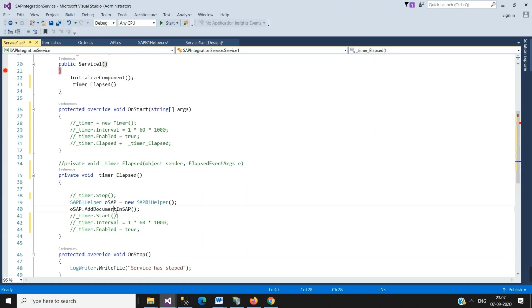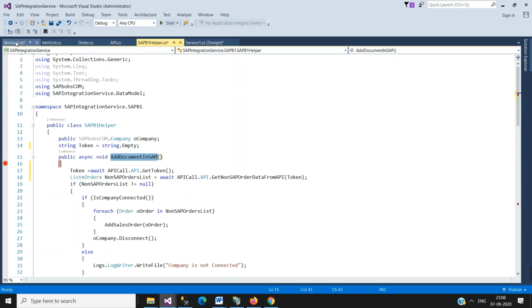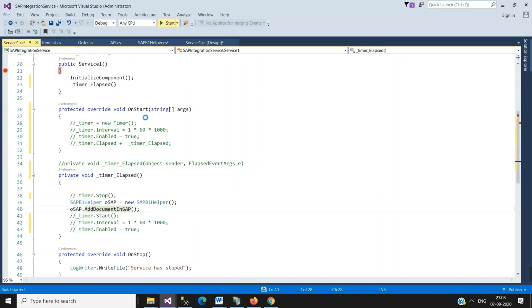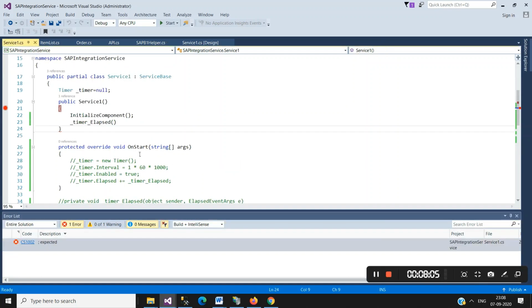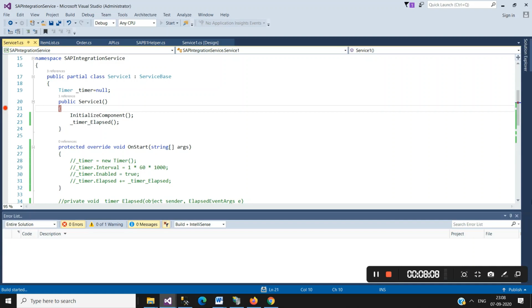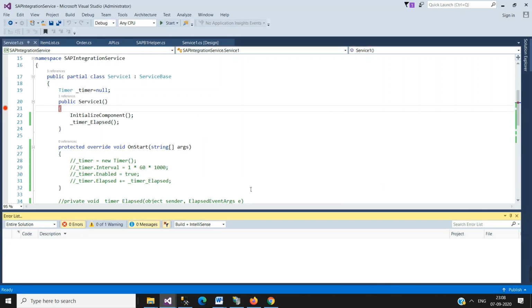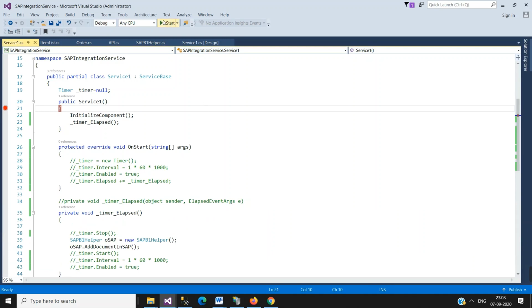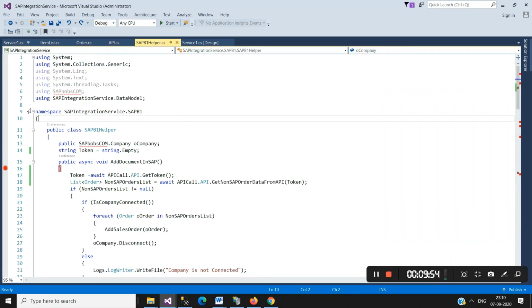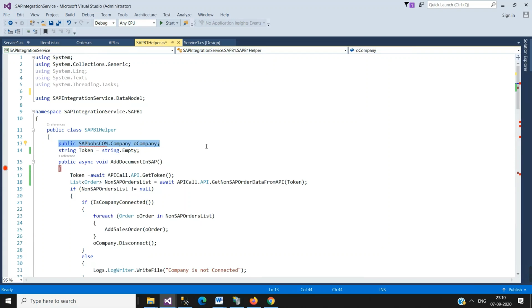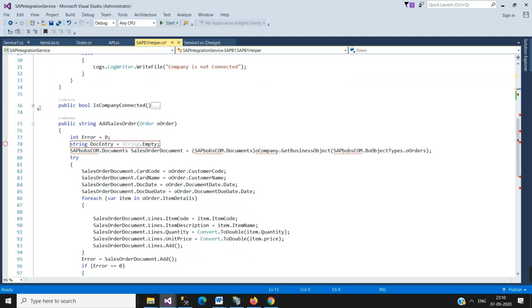Okay, let me run. Sorry friends, I have to remove this code because I have uninstalled SAP Business One from my machine. So I'm going to remove this line of code so that we can test it.